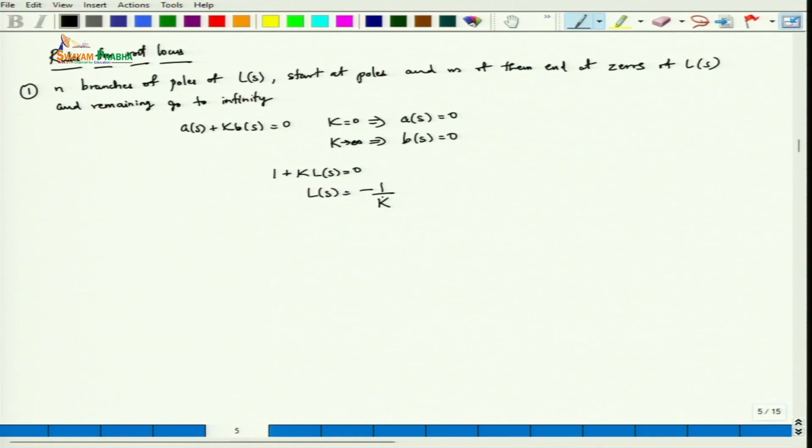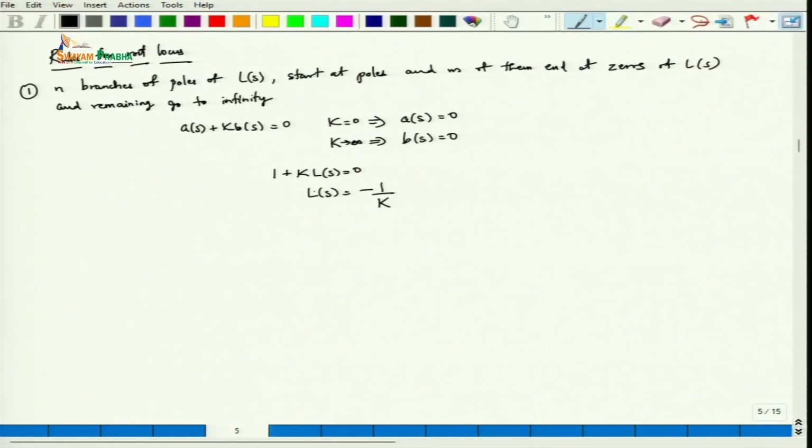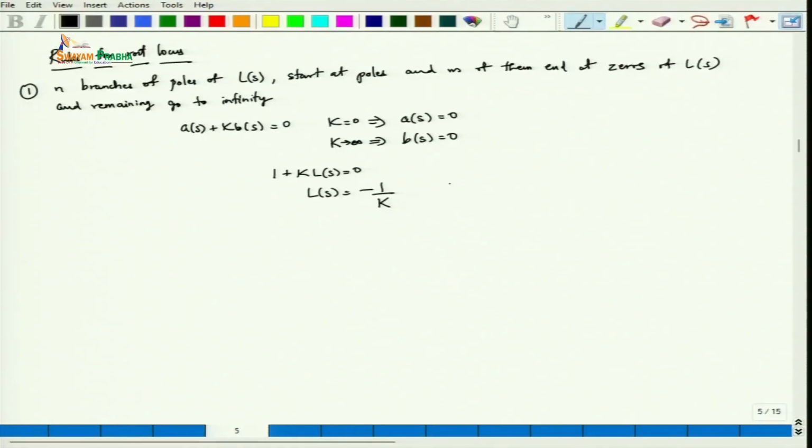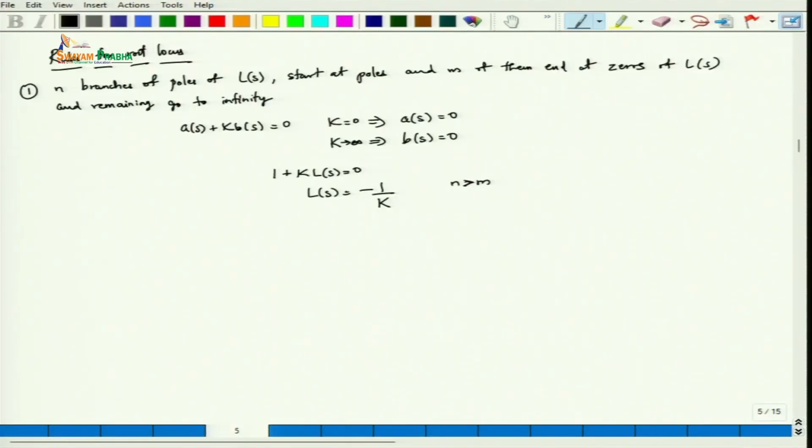And if k now tends to infinity, then basically this L of S also should tend to infinity, and this is strictly under the assumption that n is greater than m, because if n is equal to m, all branches which start at the poles of L of S will end at all zeros of L of S. So when there are more branches, because there are more poles than zeros, some branches will follow this particular equation, and if k tends to infinity, then L of S has also to tend to infinity,